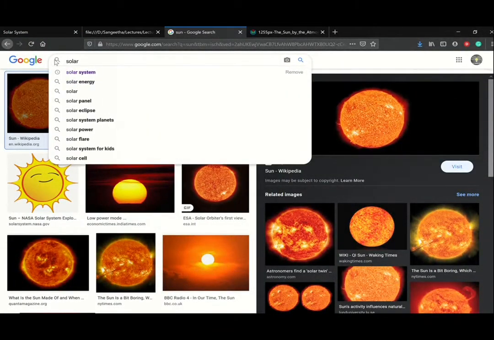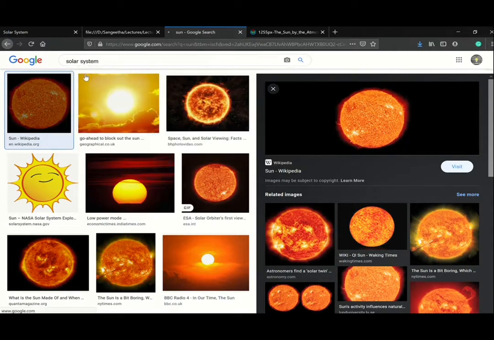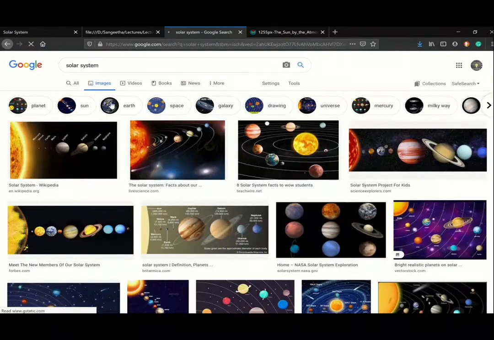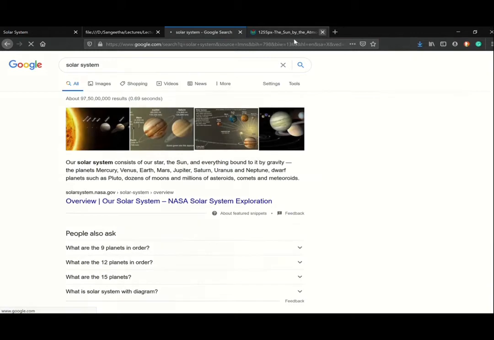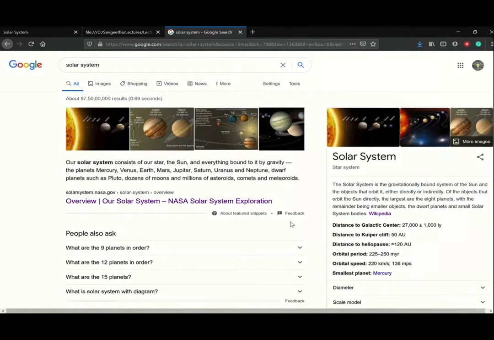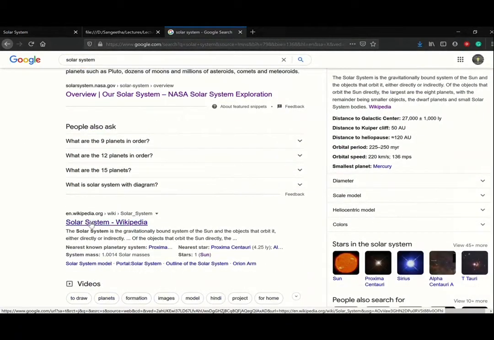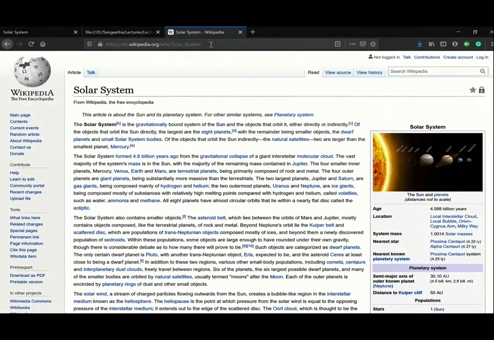Yes, it will show you a lot of information, and I'm going to use the Wikipedia page for solar system. Copy the URL and paste it in href attribute.